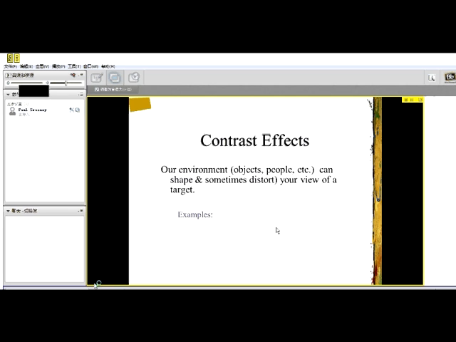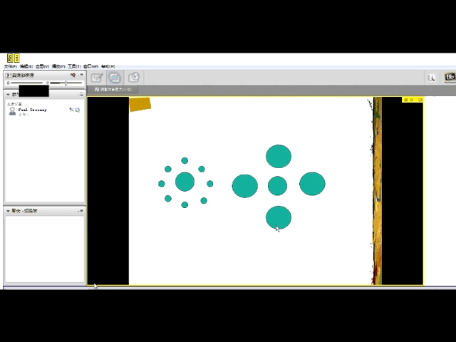So let me give you one example of this. Take a look at this right here. Maybe you've seen this visual illusion before. It's a well-known visual illusion that I redrew here in PowerPoint. A researcher might ask, what do you think of the size of this particular circle versus this one? And people inevitably say to a very high degree that this circle is smaller than this one. It certainly appears that way.